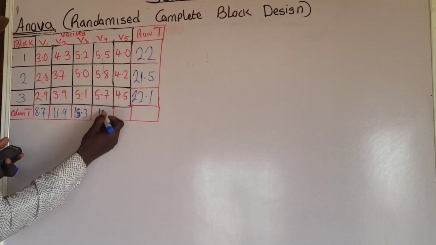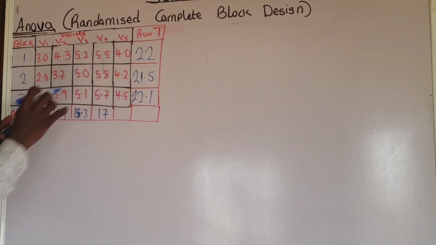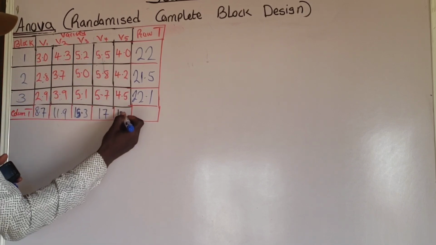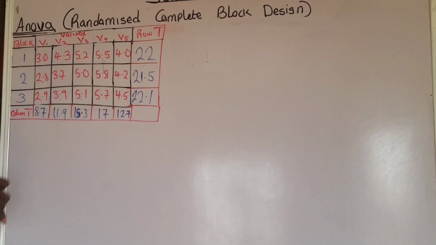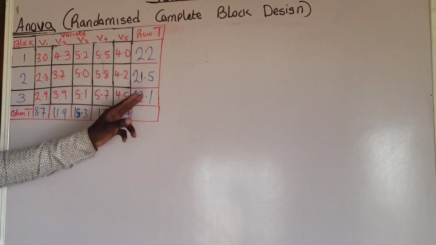So here I'm going to have 17. Then for the fifth treatment, that is 12.7. Their sum is 12.7. Do you understand what I'm doing? I take the row total, then I take the column total. Now, the next step is to check whether the row total is equal to the column